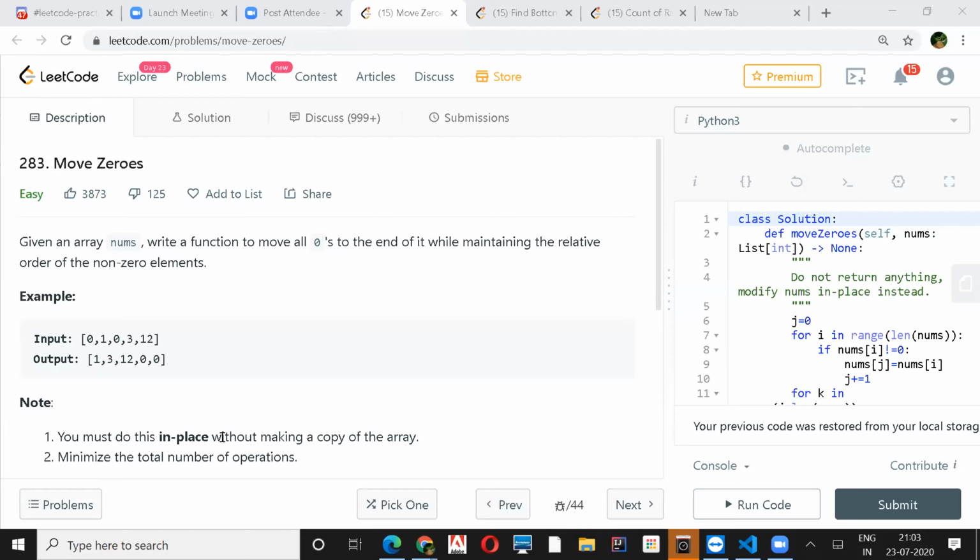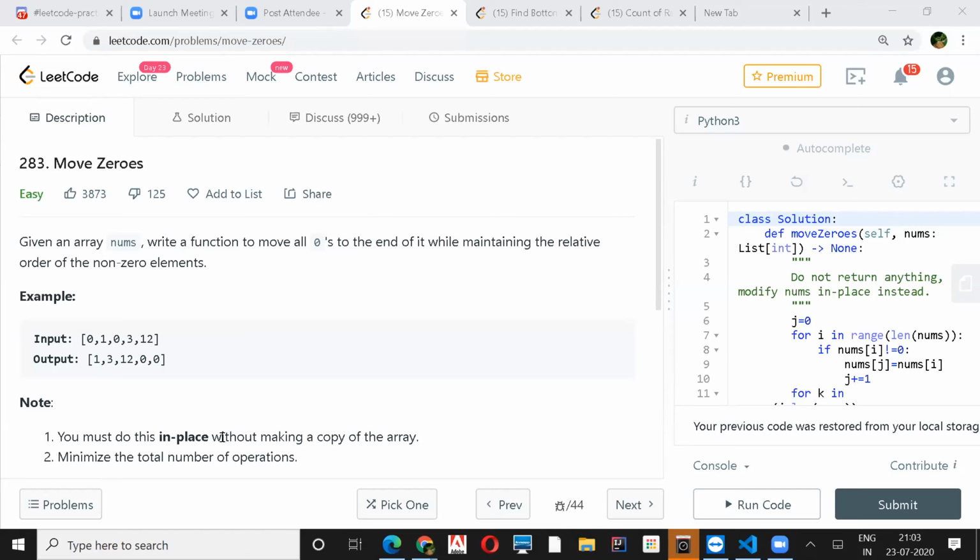Or maybe do the other way. You just count the non-zero values and then create an array of that size. Copy all these non-zeros in that array. And then you copy it back to the input array, all the non-zero values. Just override them. At the end, you just clear the other values.